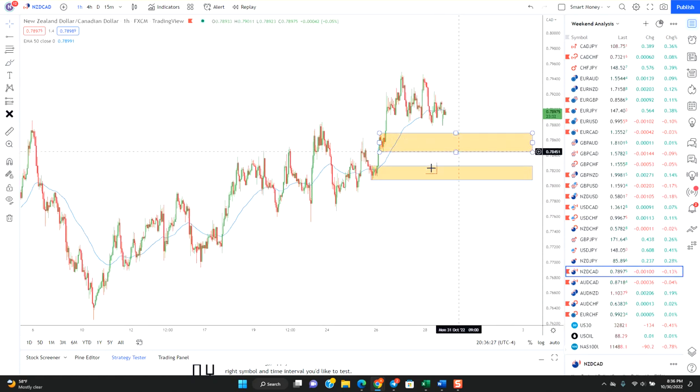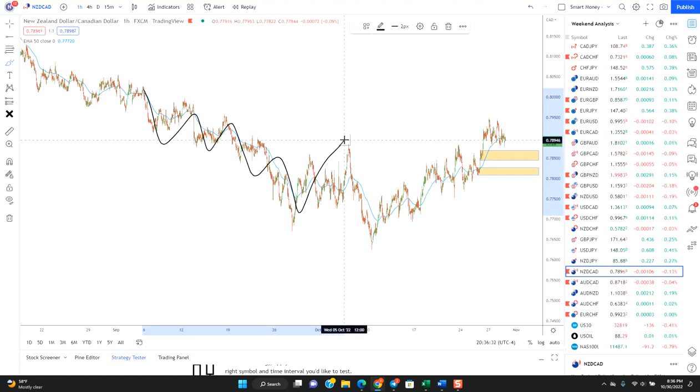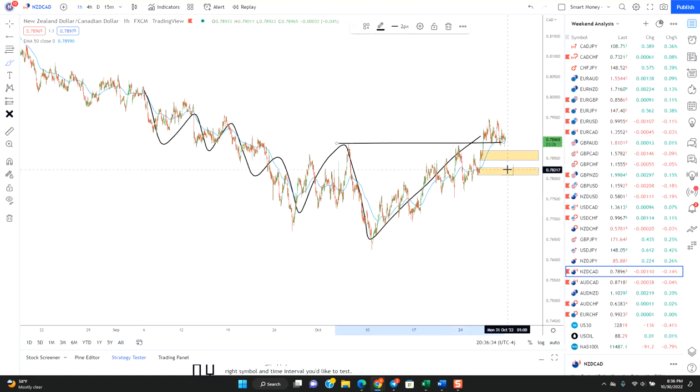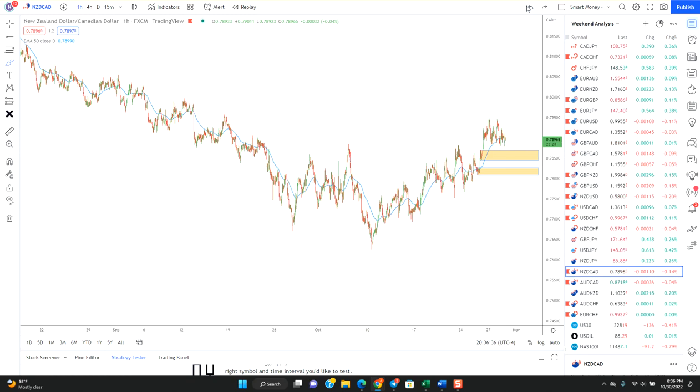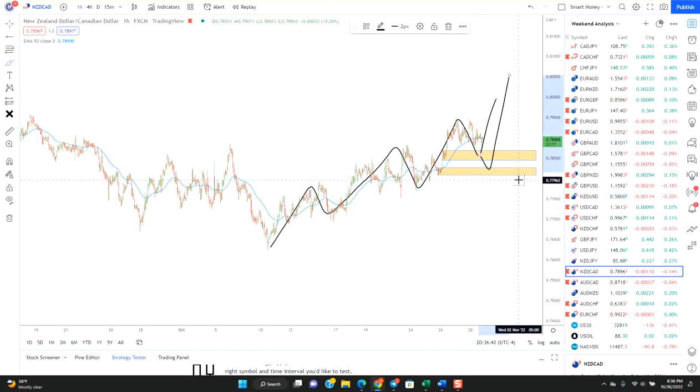NZD-CAD, same deal here. We have broken the counter trend structure, right? Lower lows, lower highs. Boom, boom, boom, boom. We've made a higher high compared to that previous high. So now we're looking to go long. Now to continue with the structure, high, low, high, low, high. Could come into here or here for continuations,